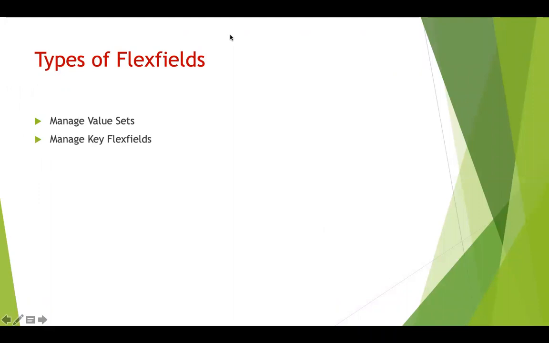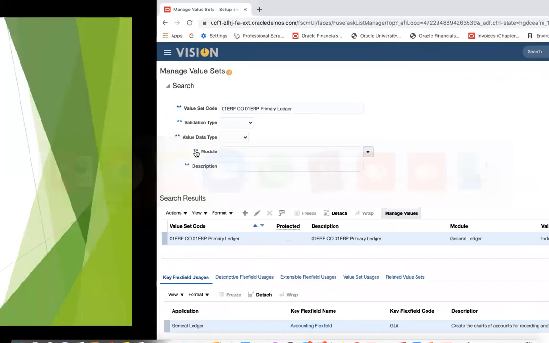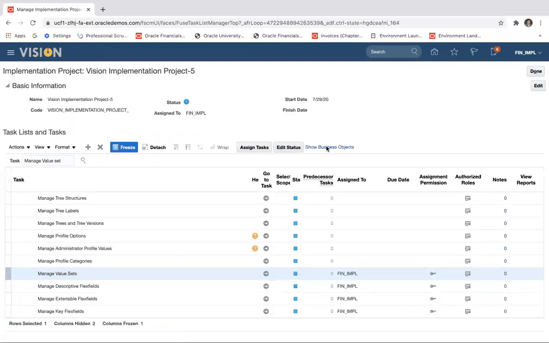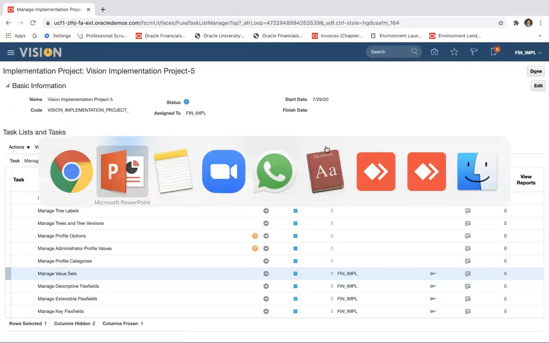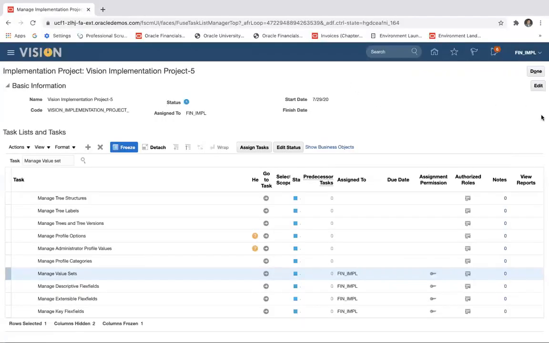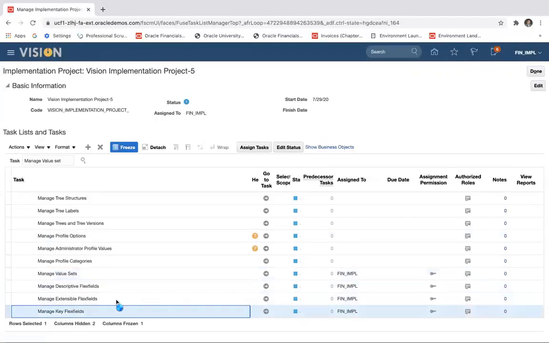Also our next flex field type is the key flex fields. Key flex fields, as I explained, form the unique code combination in the accounting flex field, right? So let's go into the accounting flex field and see what exactly it means. Basically, it's made up of segments and structure. So let's go into the manage key flex field task